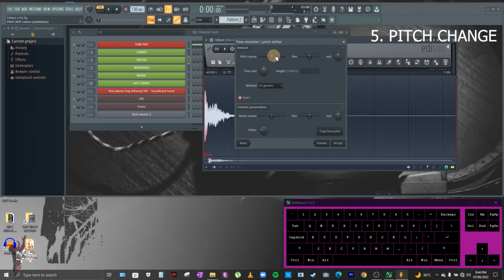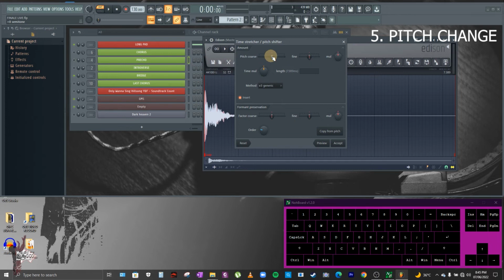As you can see, while I'm adjusting this one, the measurement shows here. Notice when I adjust this one, there will be some words showing here. It shows like +1 semitone or +2 semitones, and when I move backwards, it says -1 semitone. So as a default, we're here at 0 semitone.